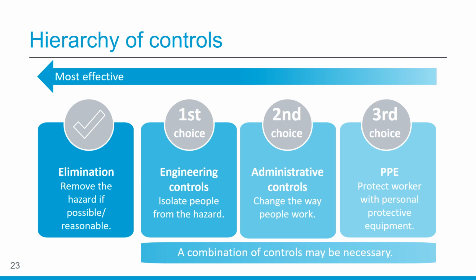The third choice is personal protective equipment, or PPE, which controls the hazard at the worker. PPE can only be effective if used properly. Because of this, employers must provide thorough and proper training on its use, care, and limitations. PPE examples can include gloves, eye protection, face masks, or reflective clothing. The use of PPE must be recorded in your hazard assessment and control record, along with the organization's process for training and monitoring its use. Employers may need a mix of engineering and administrative controls as well as PPE to protect workers.